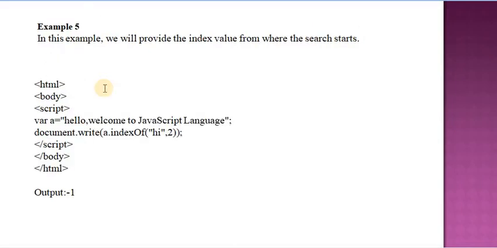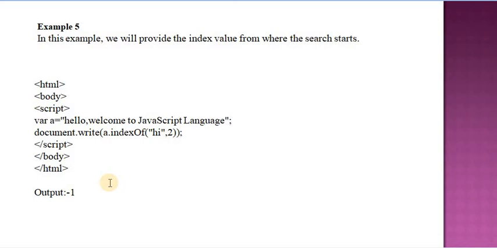And the next example is that in this example we will provide the index value from where the search starts, and we will provide 2. Index value is 2, but high is not present in this string, so it returns -1.